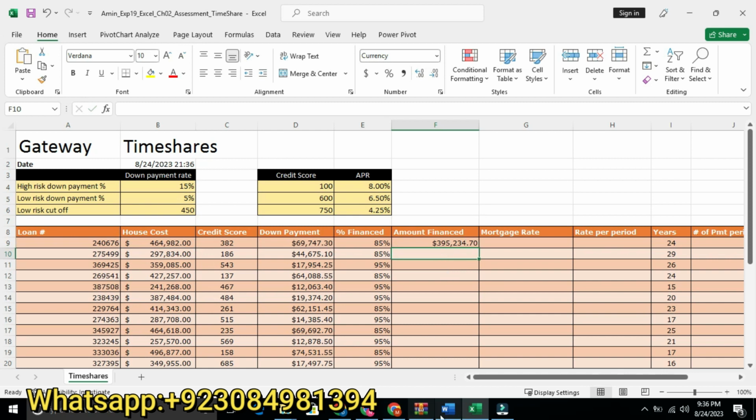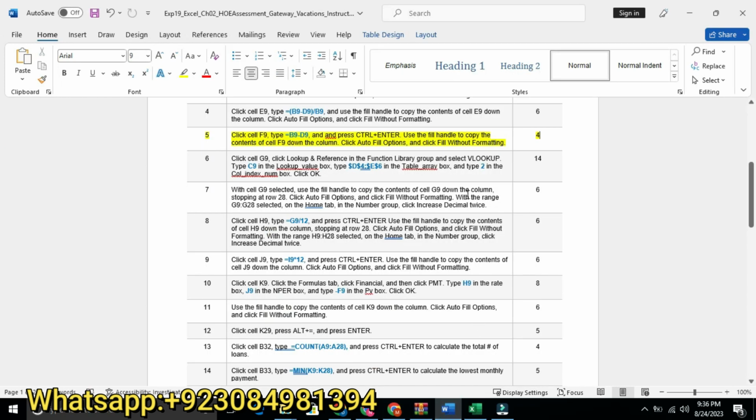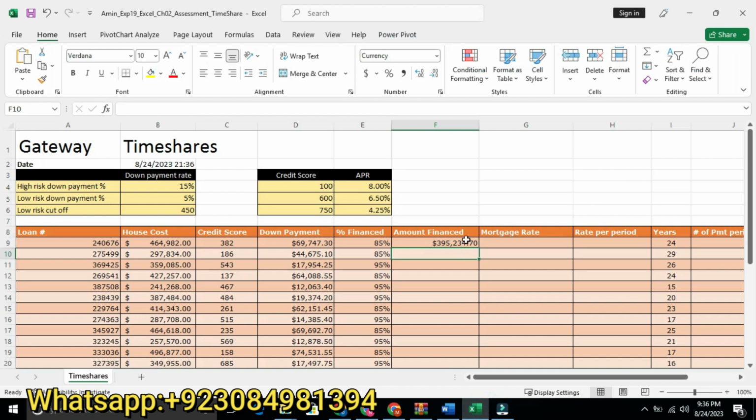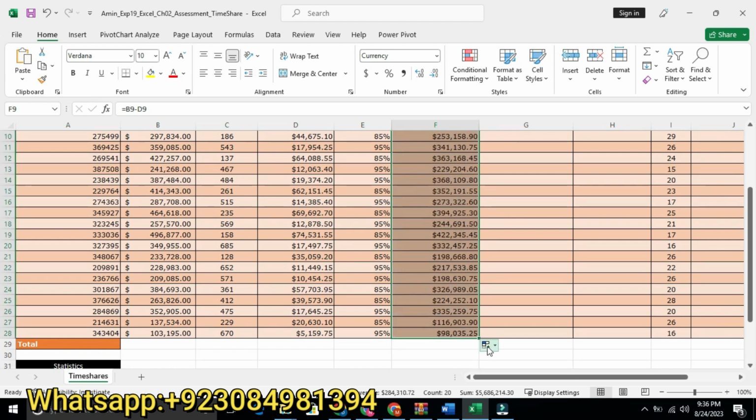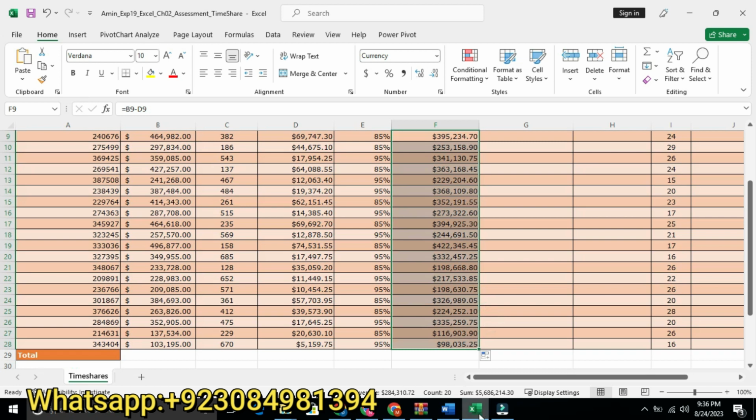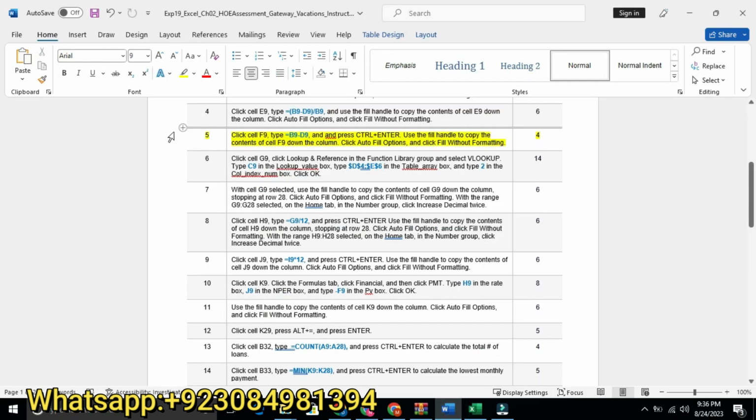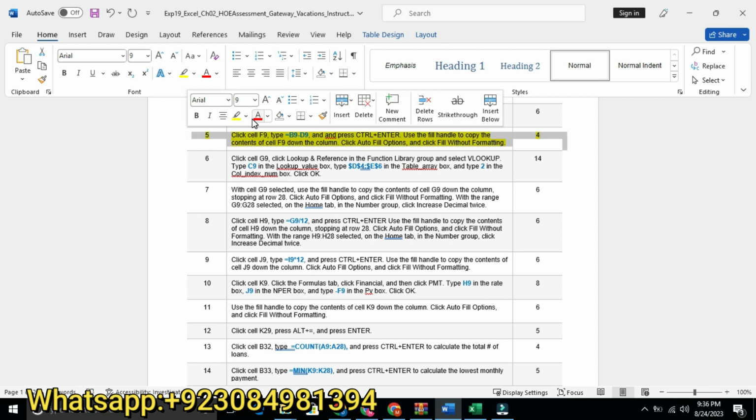So we got our results. Use the fill handle to copy the content of F9 down the column. Click the autofill option and click Fill Without Formatting. So we will drag this down. We will select Fill Without Formatting. So our fifth step is now completed.